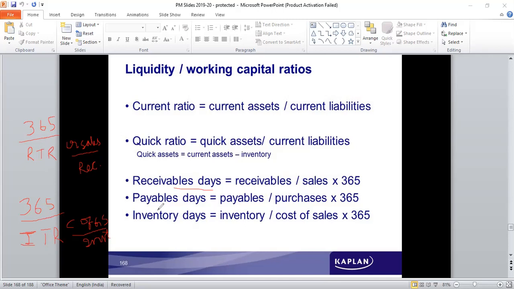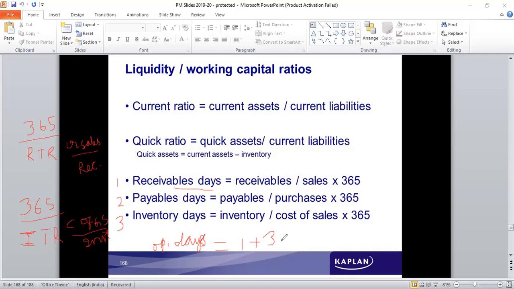So overall, to calculate the operating cycle days: if this is 1, this is 2, and this is 3, operating cycle days is equal to receivables days plus the inventory days